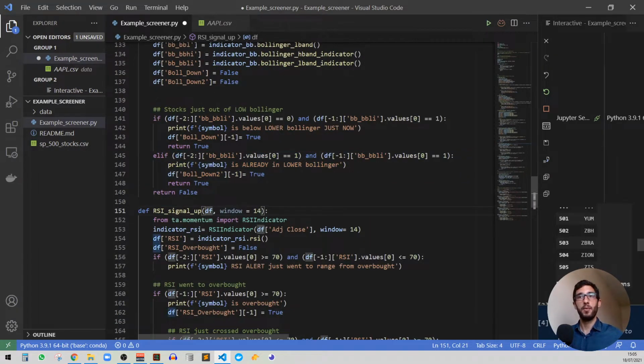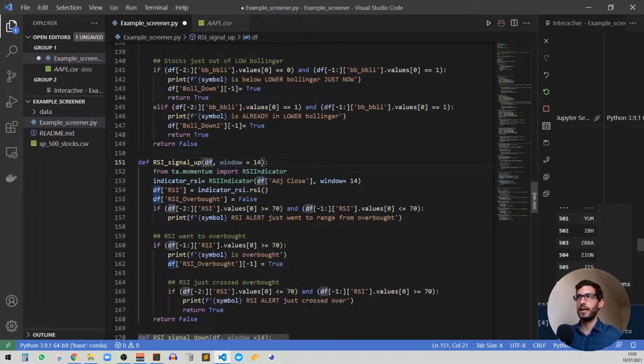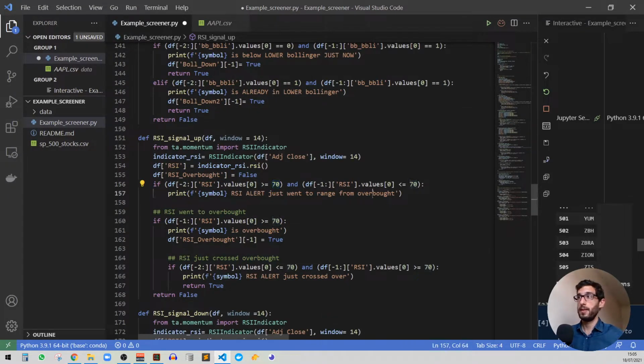With the RSI, we do the same as with Bollinger. We say if just crossed, so if before, for instance, this one is RSI signal up, where we are going to use 70, but we will be able to modify. So we say if before it wasn't 70 and now is greater than 70, trigger. And then if it was 70 and remains on top,